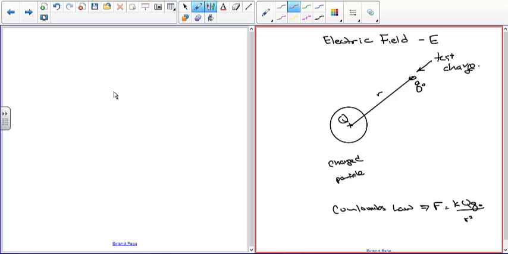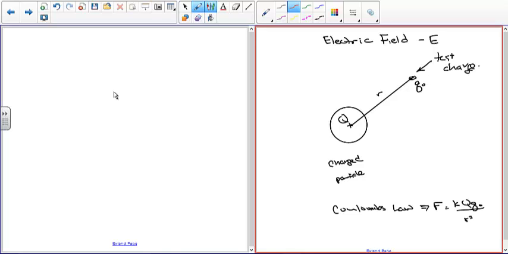So that's the whole idea of an electric field, is to have it so that if you have a given charged particle situation and you introduce, say, an electron, what's going to happen to the electron? Is it going to be repulsed, or is it going to be attracted? And which direction is it going to be attracted? So the way it works is you do that by basically going through the same kind of analysis, except rather than